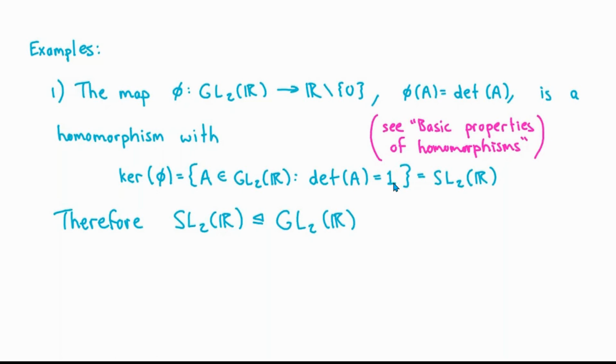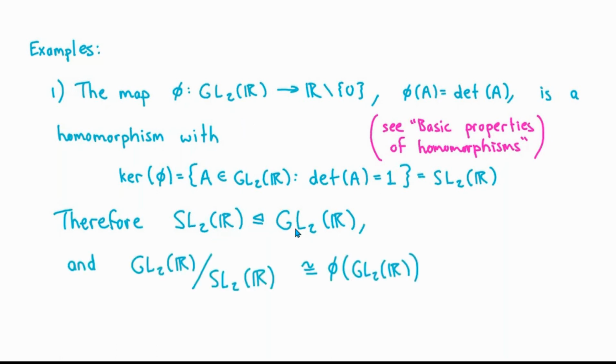Now that's a group that we called SL2R, and the fact that SL2R is the kernel of this homomorphism right away gives us that it's a normal subgroup of GL2R. Well, now we can say even a little bit more. By the first isomorphism theorem, we now know that the quotient group of GL2R modulo SL2R is isomorphic to the